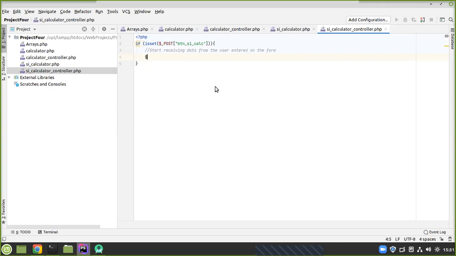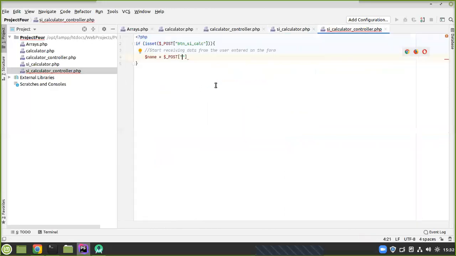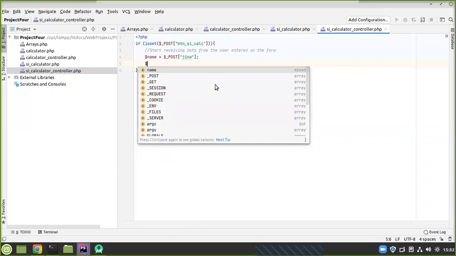So I can simply say now variable name, because I also need to receive this name. So variable underscore post. Then I am receiving from which name? From name Gina. I'm receiving the name from name Gina from the form. Then variable